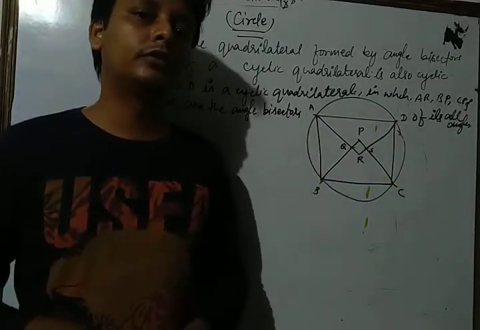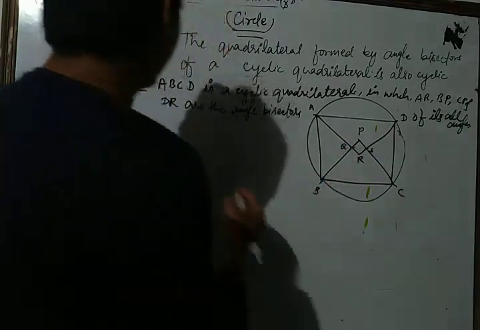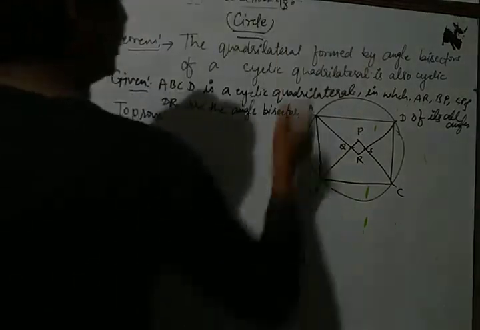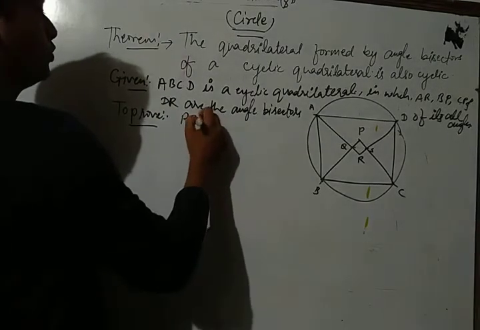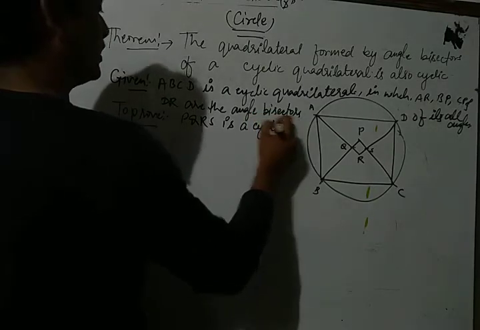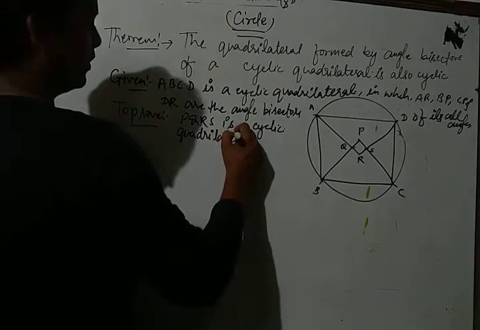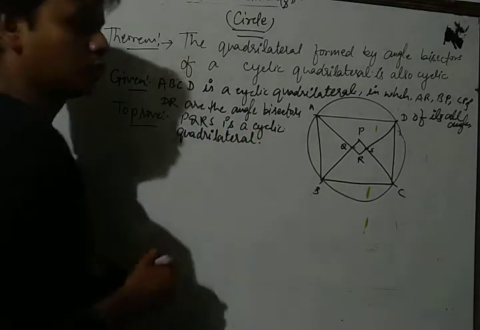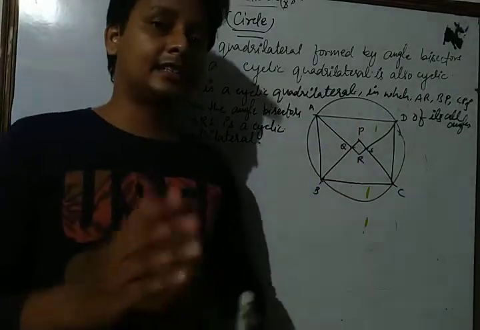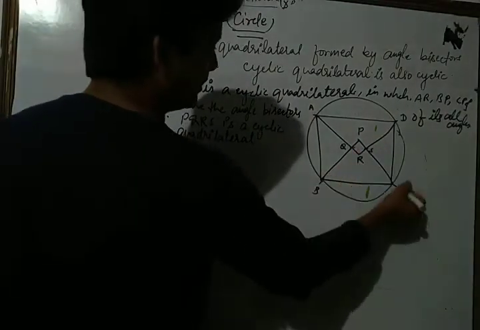Now we have to show what we prove. We have to show that PQRS is a cyclic quadrilateral. So write: to prove, PQRS is a cyclic quadrilateral. In order to prove PQRS is a cyclic quadrilateral, we have to show that